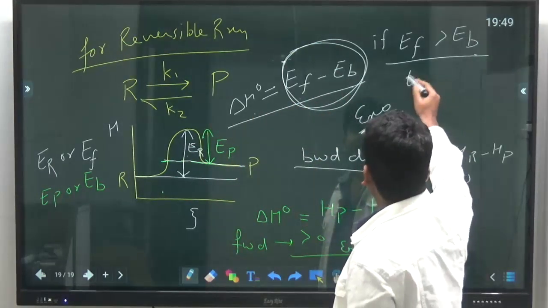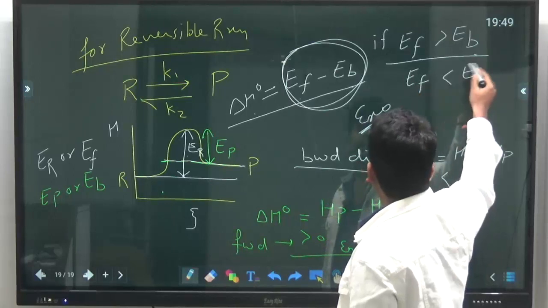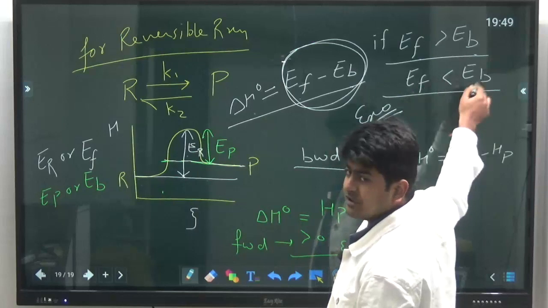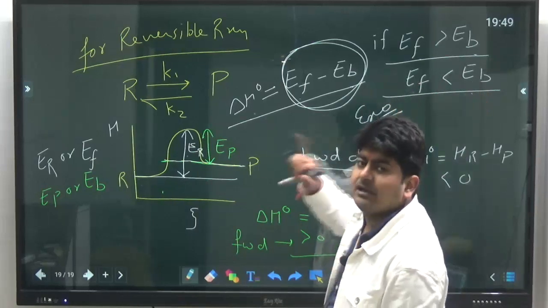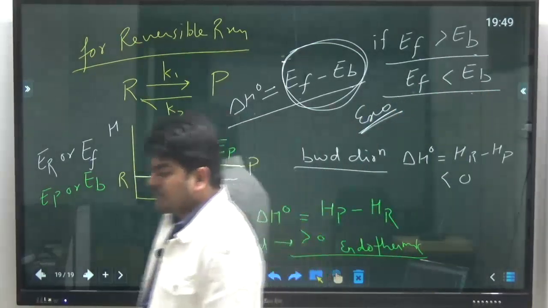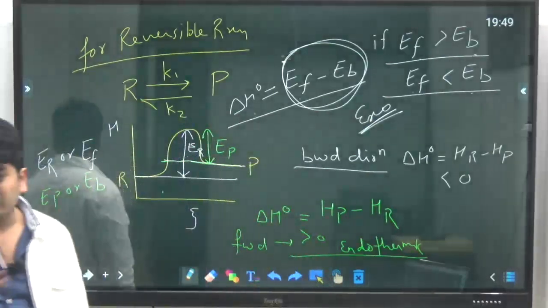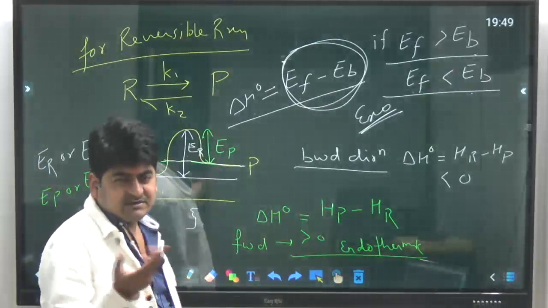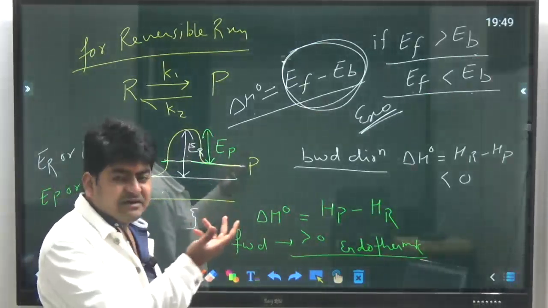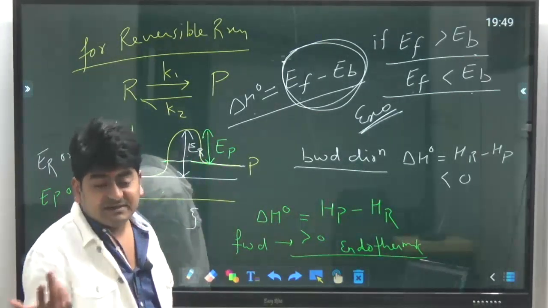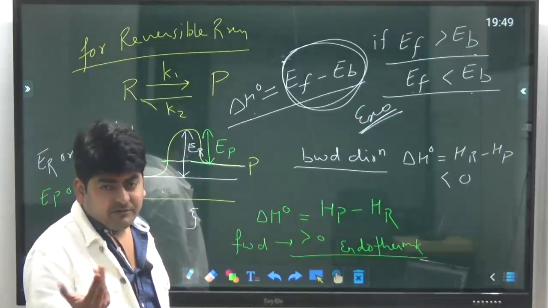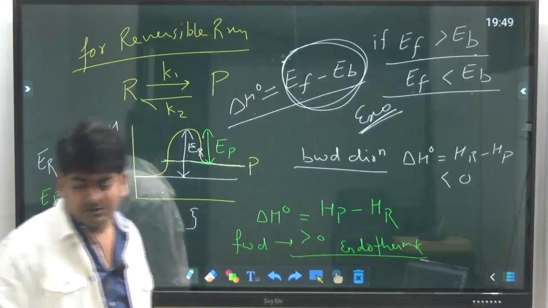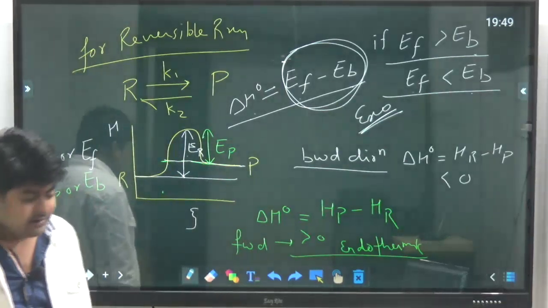And if EF is less than EB, meaning activation energy of reactant is less as compared to that of product, so reaction will be exothermic. I hope you must have known this point from your school time, from 11, 12; in terms of activation energy, whether a reaction is exothermic or endothermic, we used to study in 11, 12. Anyways,